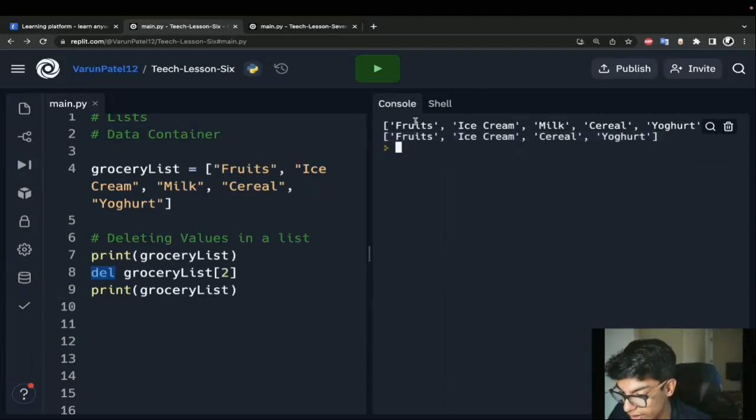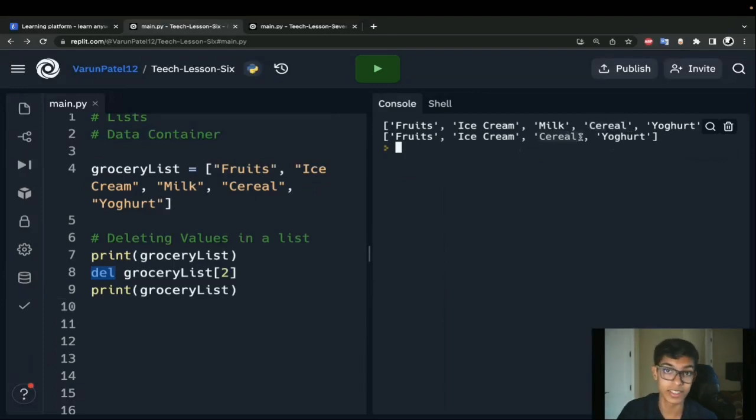What do I mean by that? Well, we know that fruits right here will always have an index of 0, right? Ice cream will have an index of 1 for both of these things. Milk had an index of 2 when we first started. But now that's not there. So does cereal still have its index of 3, or is it the index of 2?